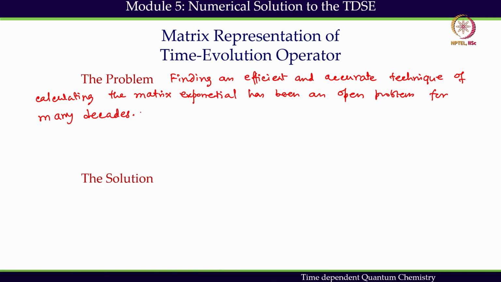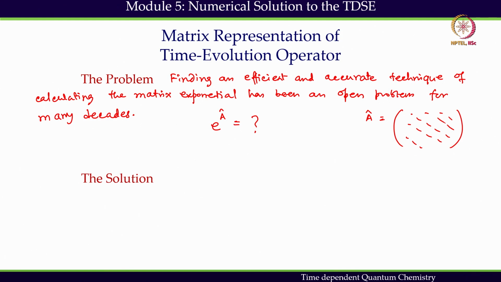What do I mean? It is not an easy task to find out, if A is a matrix and the operator is represented by a matrix, the exponential of that matrix. But there is a quick solution. The method of getting the exponential of a matrix